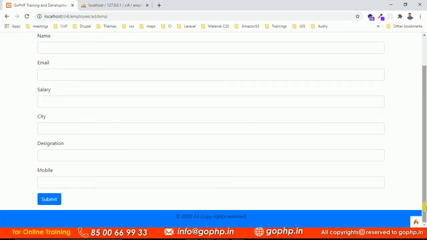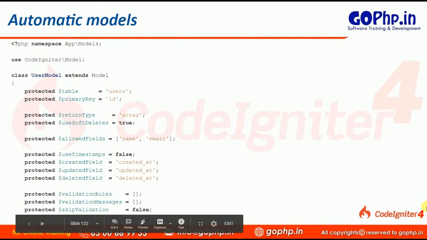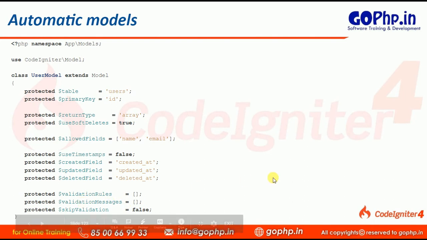Form is ready. Once you submit the form, we have to validate it also, right? Sorry guys, we have to validate the form also. So this time I'm not going to do the validations by using our regular approach. So in CodeIgniter, for automatic models, there is some concept called validations and validation rules, validation messages and validation rules. Did you observe in the slide also I mentioned here? Can you see here validation rules and validation messages? We don't want to write them into your controller,